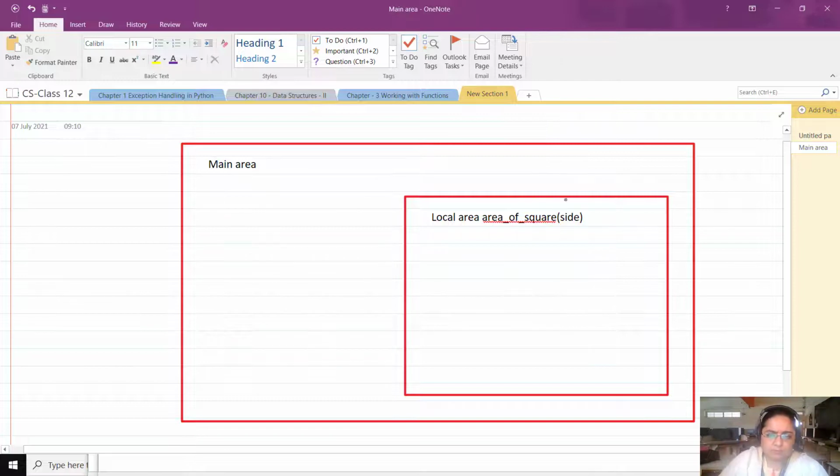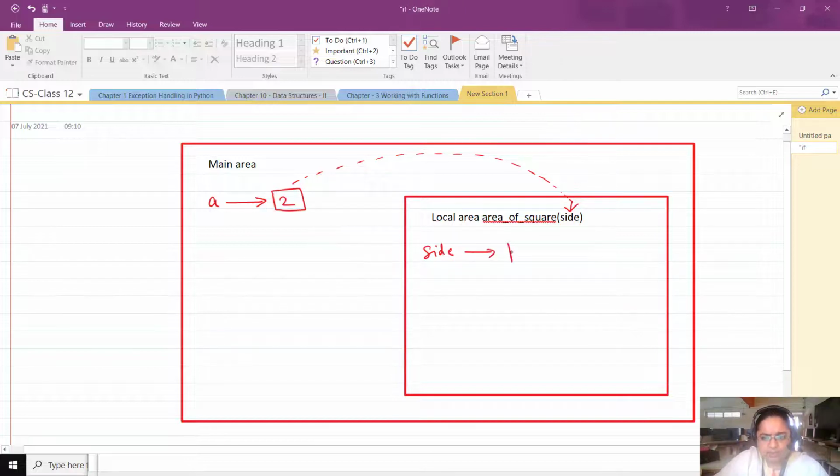Now, because side is a parameter, side is taken as a local variable over here, and we had taken a which accepts a value from the user, suppose 2, and this is the value which is also passed to this function. Hence side also points to 2 now.